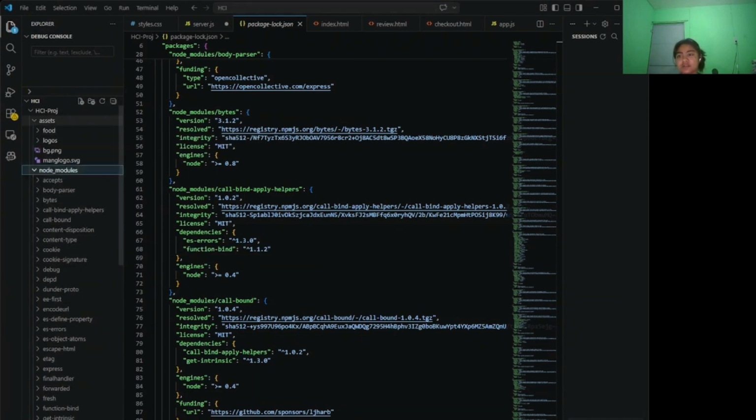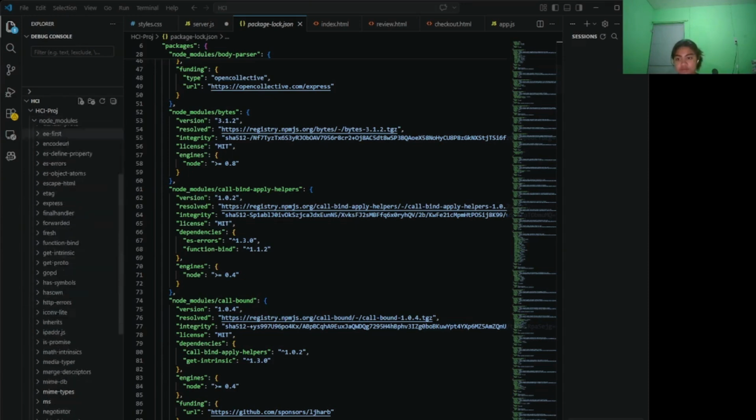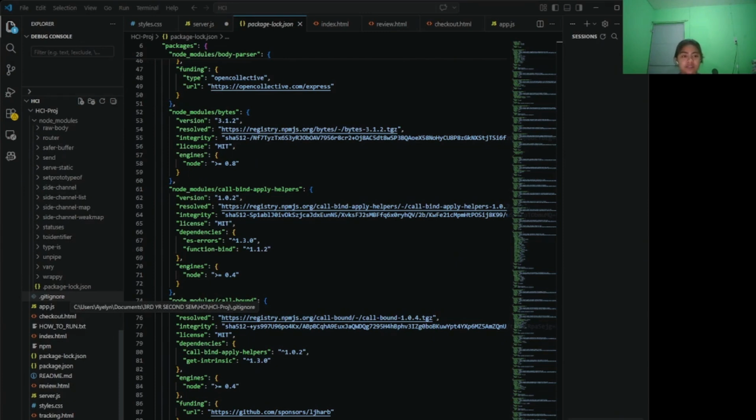And we also have our assets, which contain restaurant logos, food images, icons, graphics, category images, and other media resources used throughout the system. And we also have the .gitignore file that manages the ignored files for GitHub version control. And also we have the README and how-to-run text that contain our project instructions and documentation for running the system locally. So this demonstrates that Panda Bites was fully designed, developed, and implemented manually through coding by our group, using front-end and back-end web development technologies.